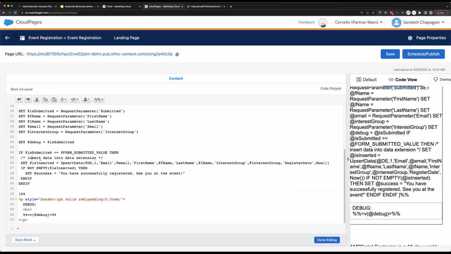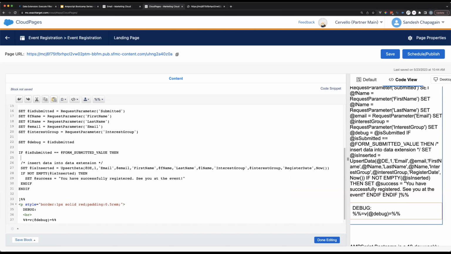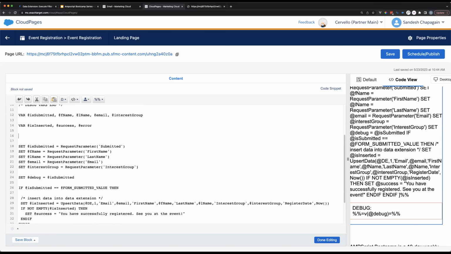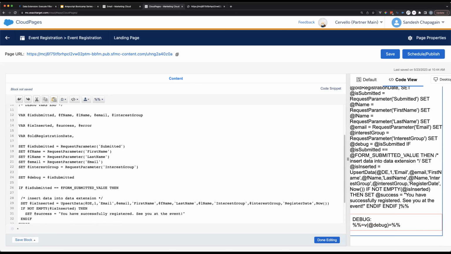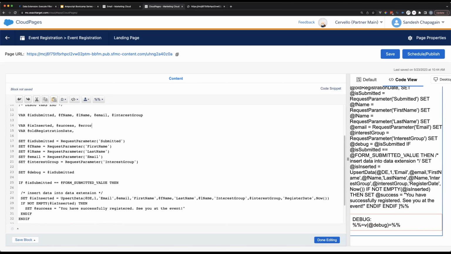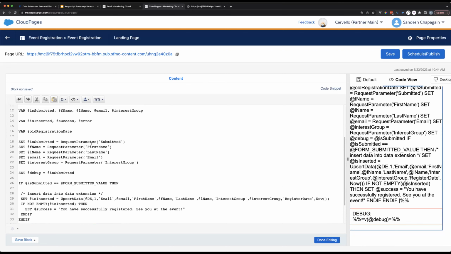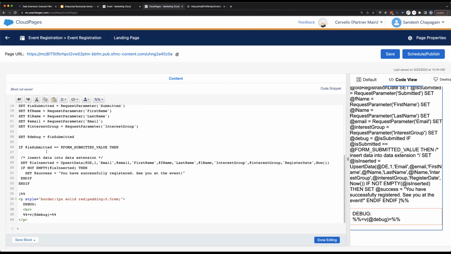So what we'll do is, before inserting data, we'll actually check if that value already exists. To do this, we will define a couple more fields. So let's go up here and define something like old registration date, because we want to get that date only. It didn't really get any fields, it doesn't really matter. And then let's go down here and set that old registration date to be lookup.